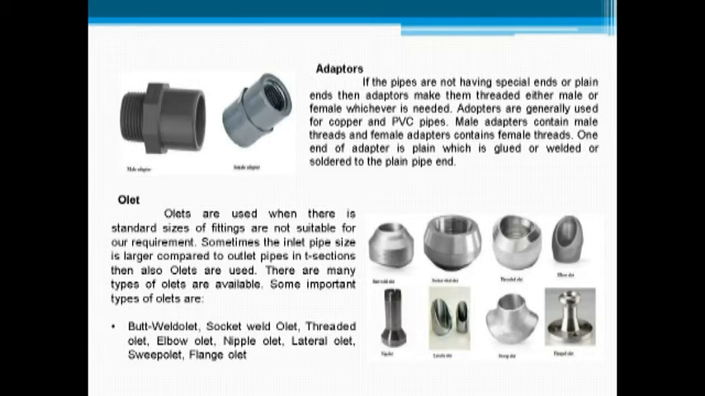Outlet. Outlets are used when standard size of fittings are not suitable for our requirements. Sometimes the inlet pipe size is larger compared to the outlet pipes in this section, then also outlets are used. There are many types of outlets available. Some important types of outlets are butt-welded outlet, socket-weld outlet, threaded outlet, elbow outlet, nipple outlet, lateral outlet, slip outlet,